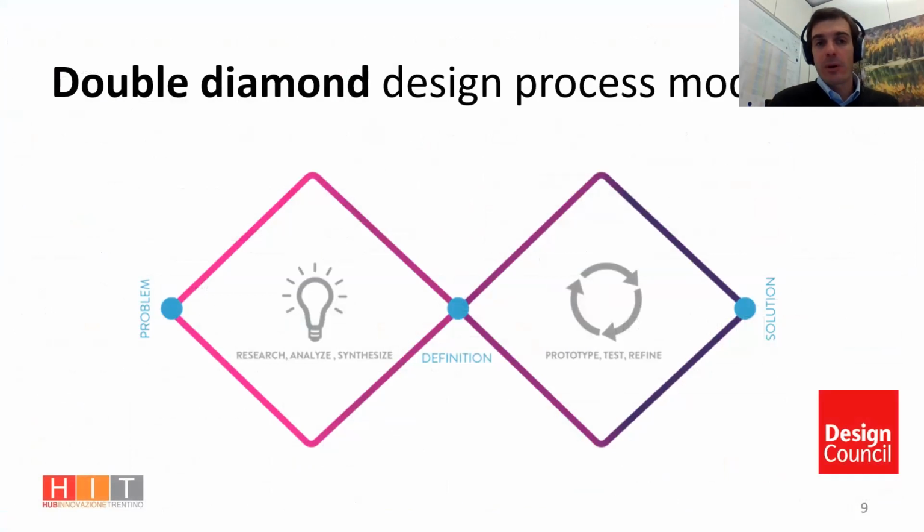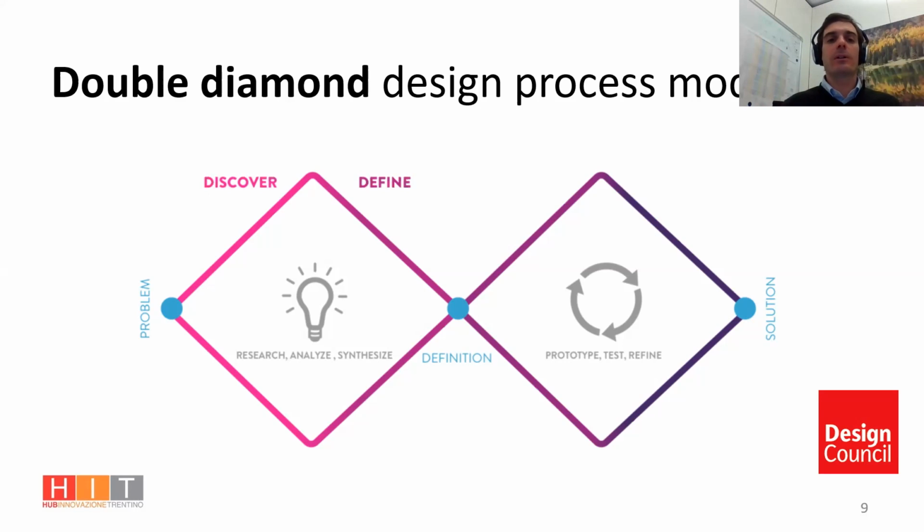One of these process models, maybe the first one, is the so-called double diamond. I just want to show you this because this is one of the foundations of design thinking, and it's good to look into this theoretical model of how to apply design thinking, because it clearly shows you what the phases are that design thinking should go through. And these are 4 phases. The first 2 phases are called discover and define, meaning that you have a problem, but before you start acting on the problem to find solutions,